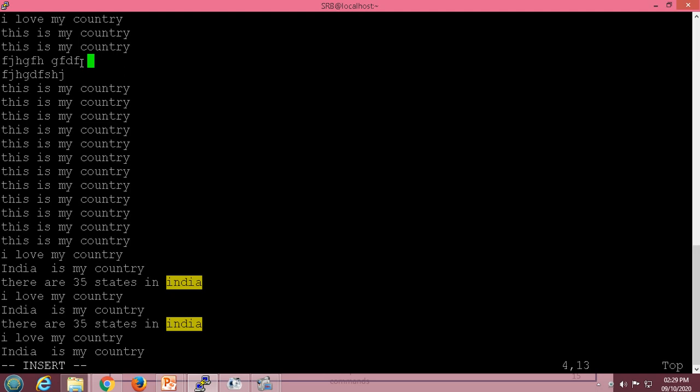Okay, now the next command is cw. This will change the word. One particular word you can change with this. So suppose my cursor is at this location and I have executed the command cw. With this I will be in insert mode and will be able to insert some words or characters.